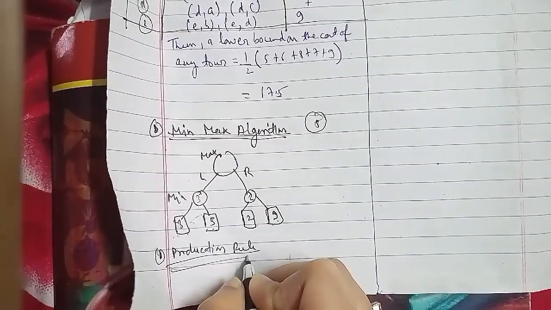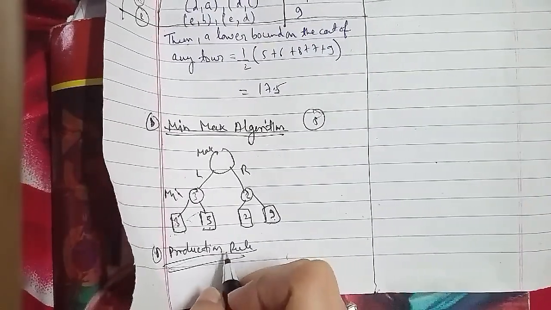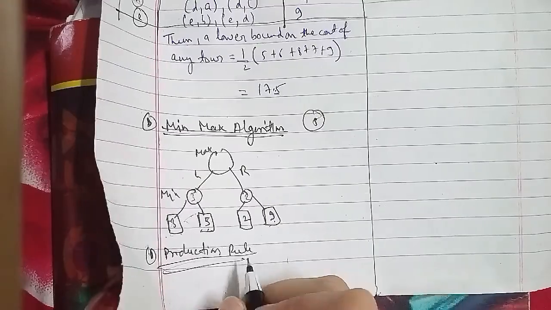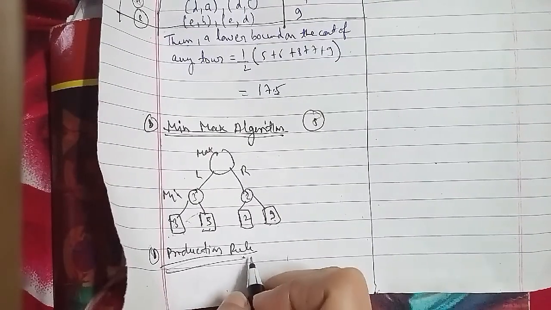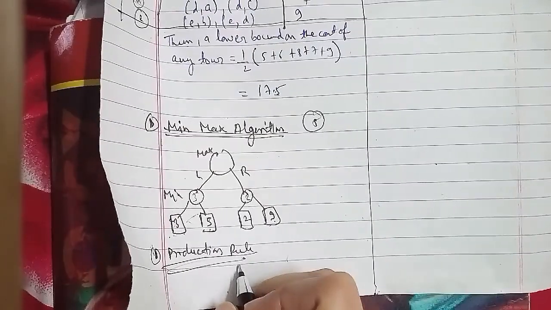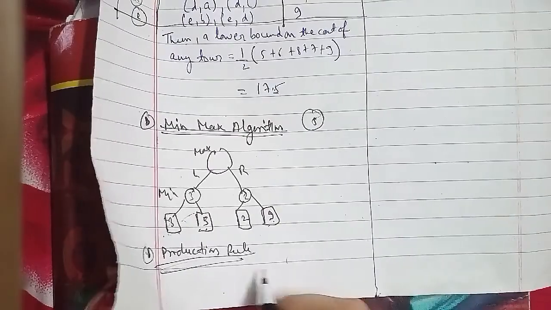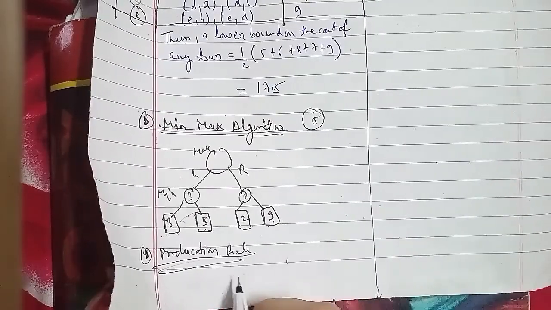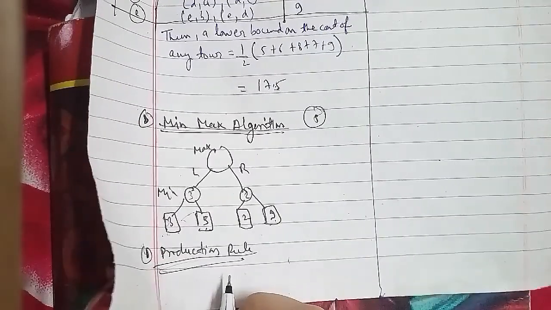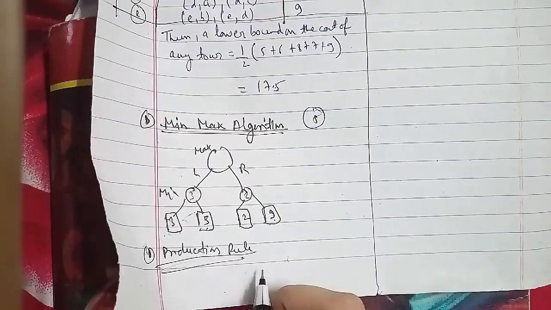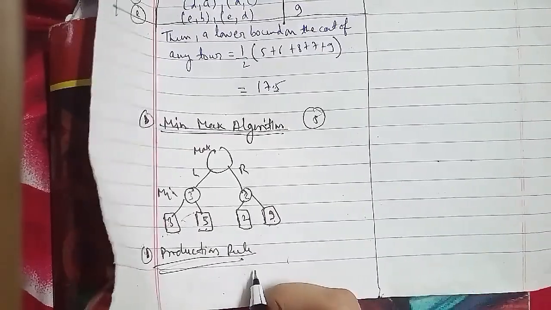For the production rule here, to solve this problem, we can apply the nearest neighbor heuristic, which works by selecting the locally superior alternative at each step, and we can produce the following procedure as well. The first is to arbitrarily select a starting city, and to select the next city, look at all the cities not yet visited, select the one closest to the current city, and go to it next, and repeat step B until all the cities have been visited.